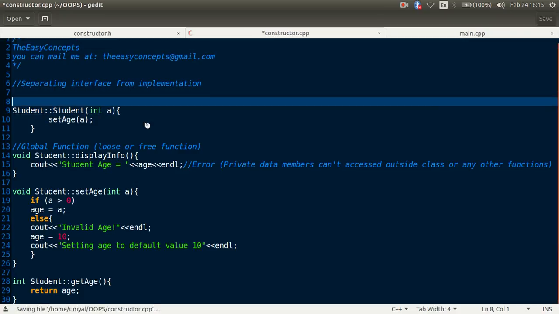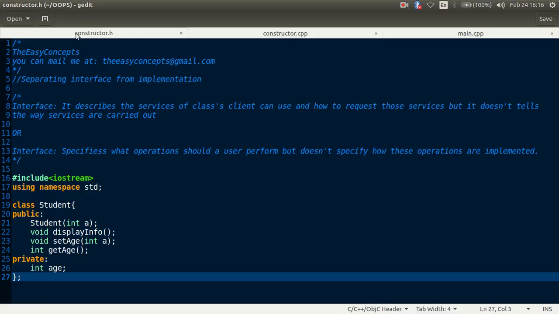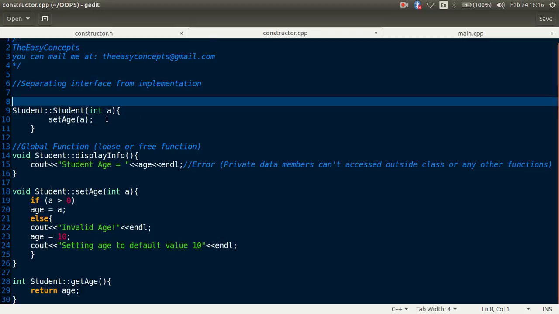How is this separate file related to this file? You can see the name of this file: constructor.h, and the other is constructor.cpp. So we are putting all the interface, or all the prototypes of a class, inside constructor.h, and we are putting all the definitions inside another file with the same name.